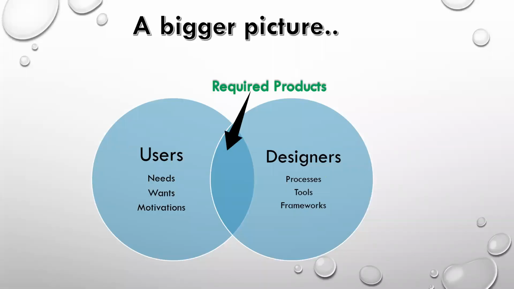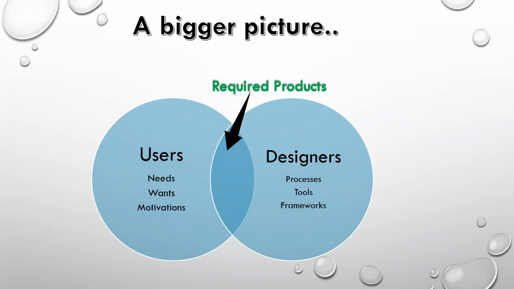This is a bigger picture I have tried to explain here. You can see a set of users: what they need, what they want, what their motivation is. At the same time, there are the designers, the engineers or people with the ability to solve problems. They have processes, tools, and frameworks. Once their tools, frameworks, ideas, and processes overlap with the users' needs, wants, and motivations,